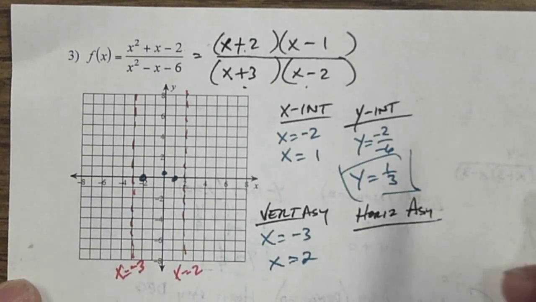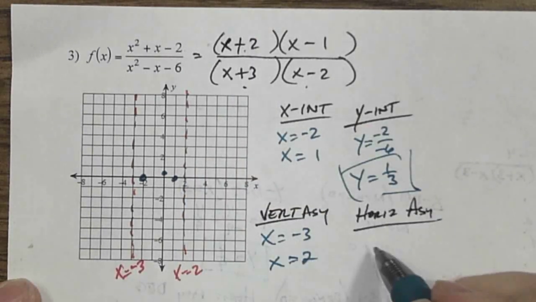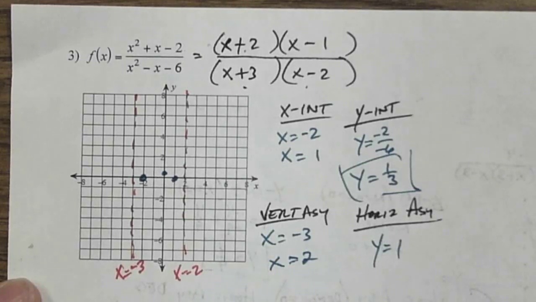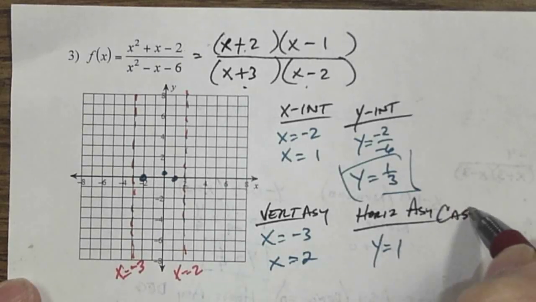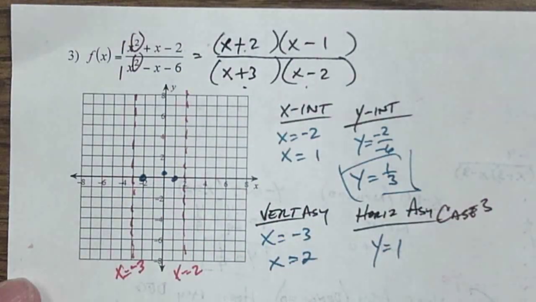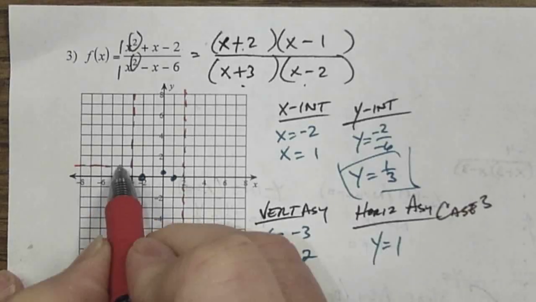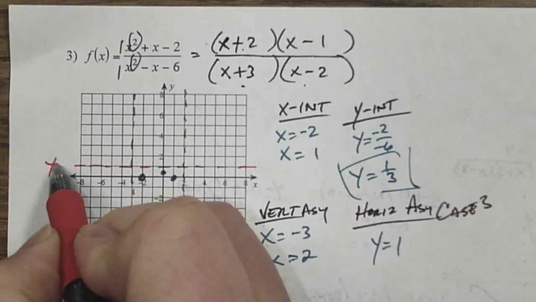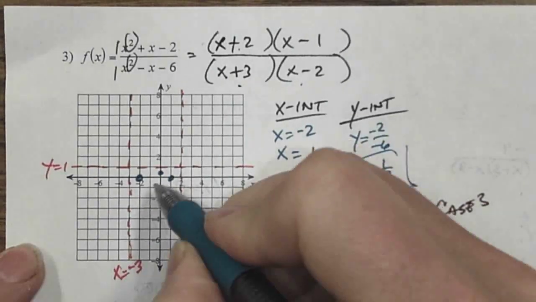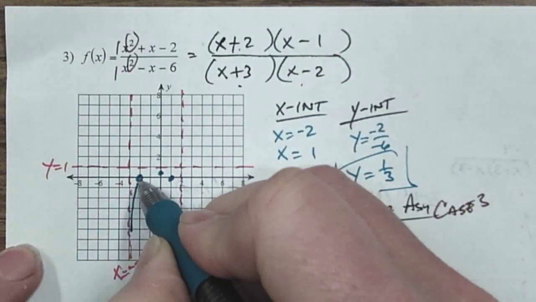Okay, got this one. What do you do? That's degrees. We can go back here. Degrees are the same, so that's case 3. Degrees are the same, so we do coefficient over coefficient. 1 over 1 is 1. Y equals 1. It goes right here. And looking at that little curvaceousness right there, it's going to come in here,